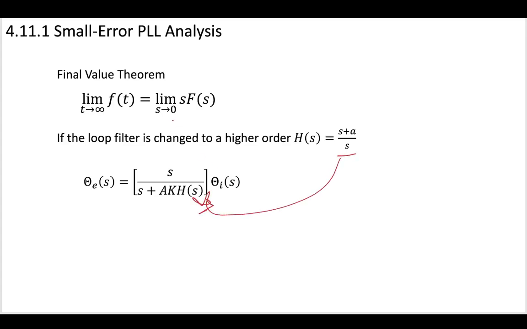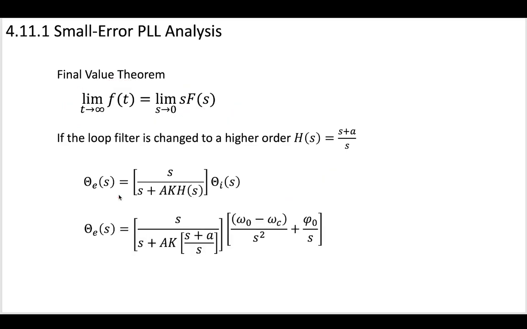into here. And we also know that there's this final value theorem that can help us figure out what the limit of this is in the limit. Okay, so if we place this in, we're going to substitute this in for our loop filter function, and then this has not changed. This is still the same, for the case where we receive something that has some slightly different frequency and slightly different phase. We want to figure out what the error is going to be in the limit if we have a different transfer function,